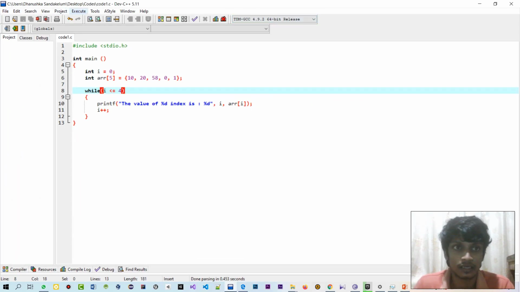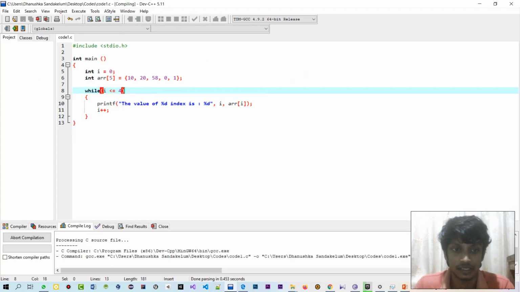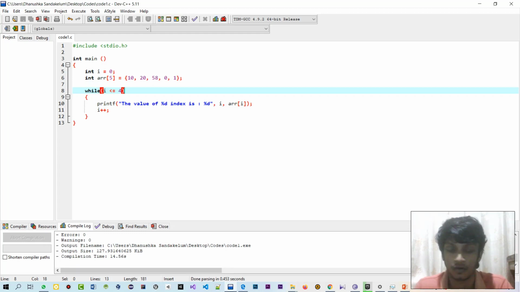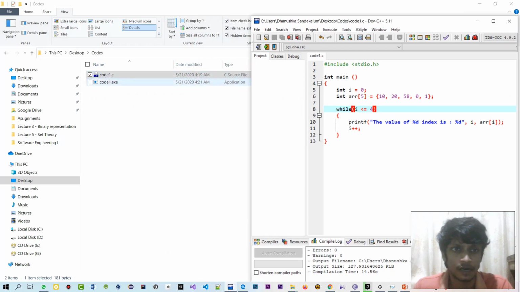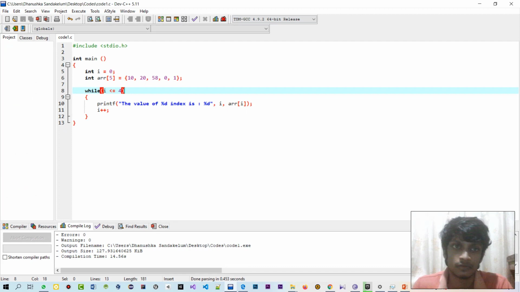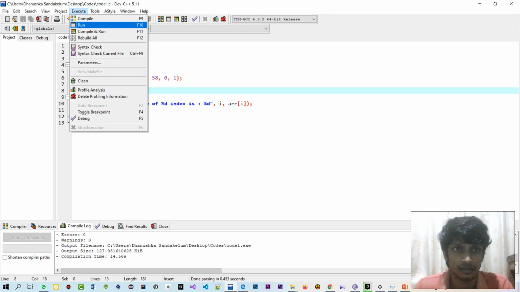So if I click compile over here, it will compile. If you don't have any errors, it will be compiled successfully. Otherwise it will show the corresponding errors that your code has. Now you check your folder. There is a file called code1.exe, which is the executable file. So now you can run your code. In order to run your code, you can execute and run.